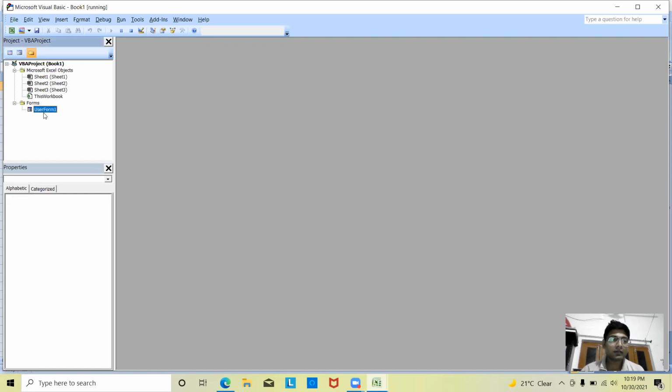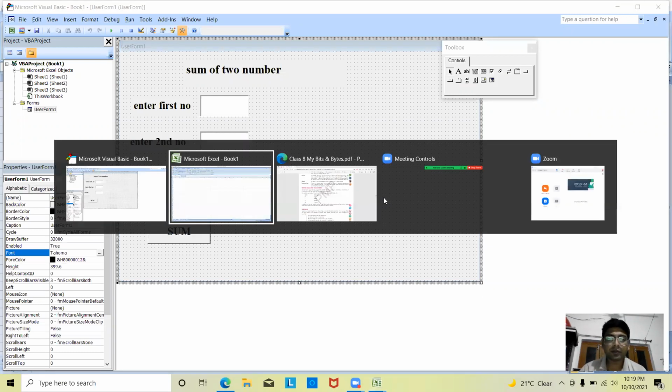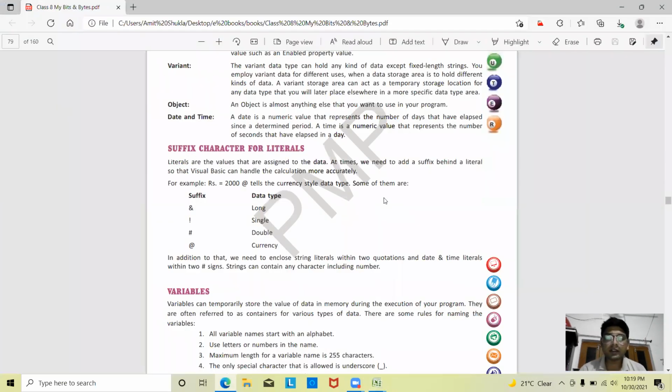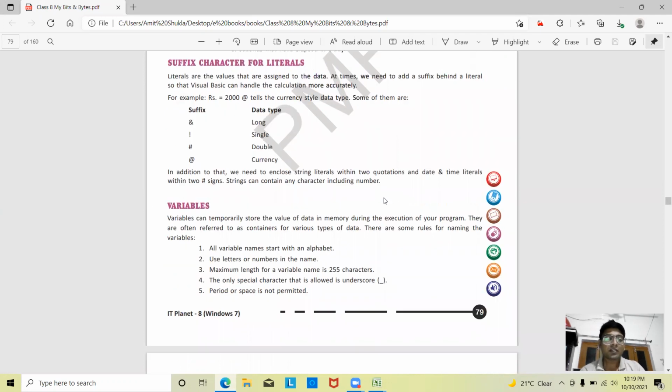So again, we will see our program. That is our program window. That is our user form, and that is our program window. So in chapter number 6 and chapter number 7, both more on Visual Basic and advanced features, or introduction to Visual Basic and more on Visual Basic, both are based on these things, means simple programs. And in this chapter looping is also there, so we will see.